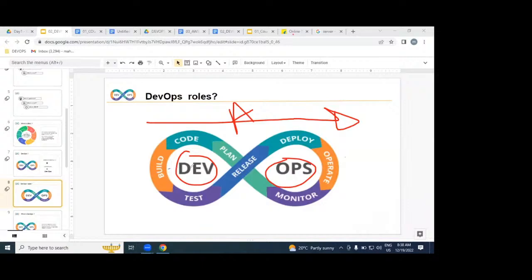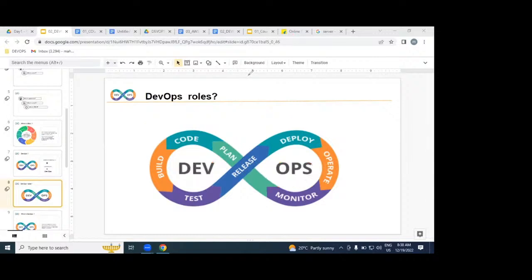Developers write code, testers write test cases, the DB administrator works on the database, the AWS administrator works on AWS. All the people together are going to complete our SDLC process. On top of the SDLC process, as a DevOps engineer, we are going to implement an automated process.